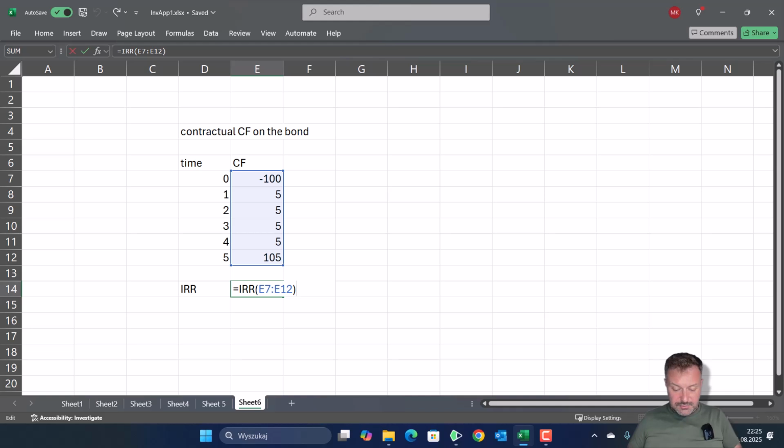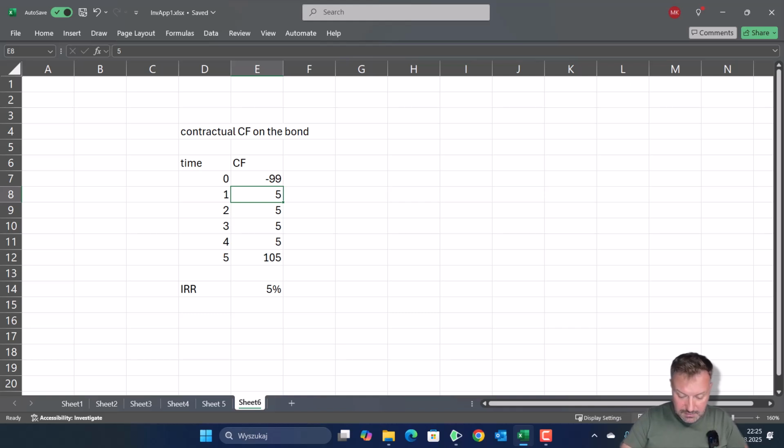Okay, the internal rate of return is exactly 5%. I mean, this is obvious. You invested 100 and then you get 5% on this 100 for 5 years, plus you get back the initial 500. Okay, but when I start decreasing this price, let's say I put in 99, for 99 not